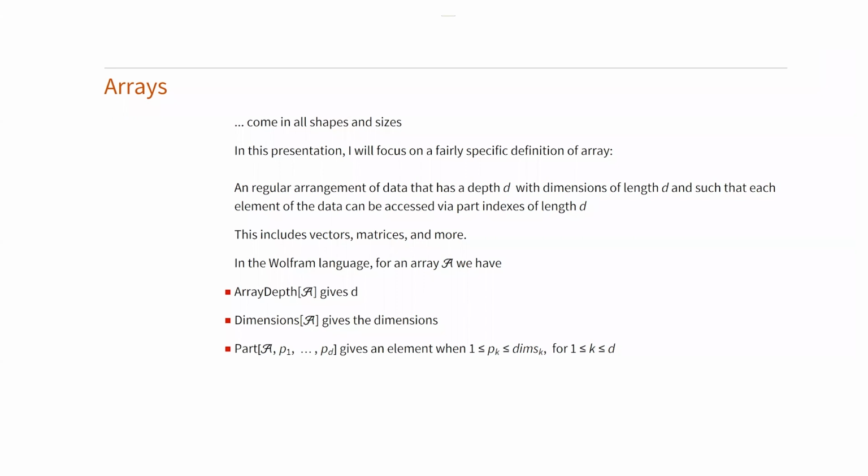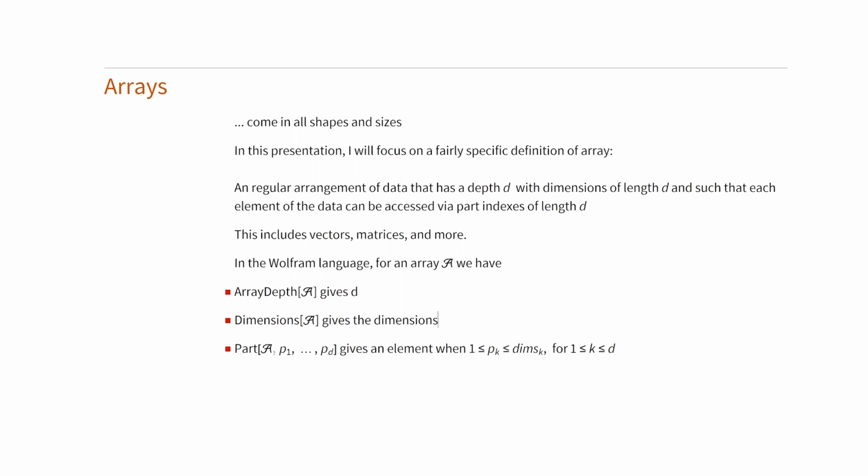So arrays, as they are referred to in Mathematica or the Wolfram language, are basically a regular arrangement of data that has a depth d with dimensions of length d, and such that each element of the data can be accessed by d part indices. And this is the fundamental contract that we have for an array. This includes vectors, matrices, and higher rank tensors. So in Wolfram, for some array A, ArrayDepth gives the depth d, Dimensions gives the dimensions,